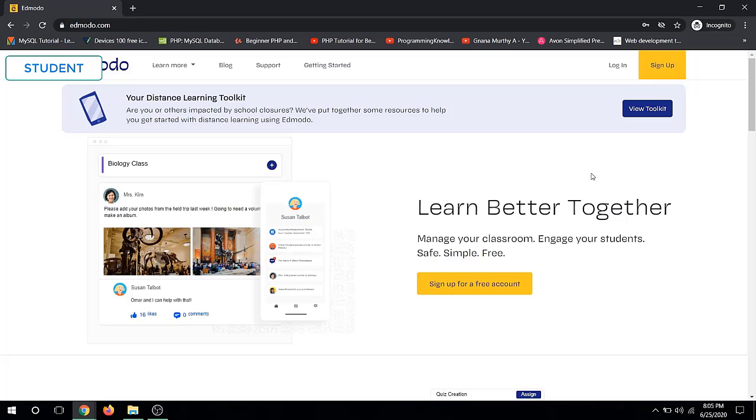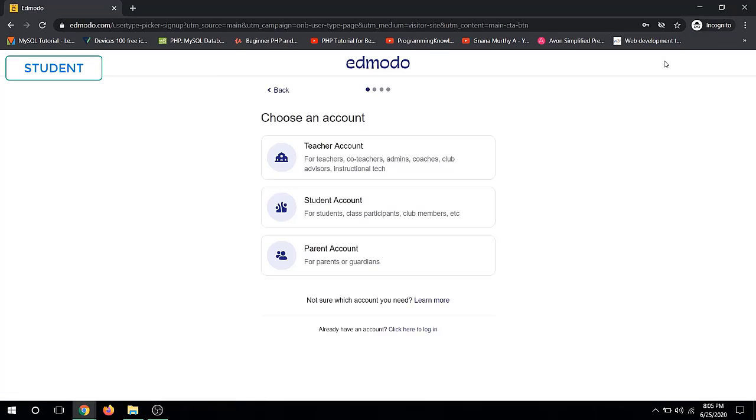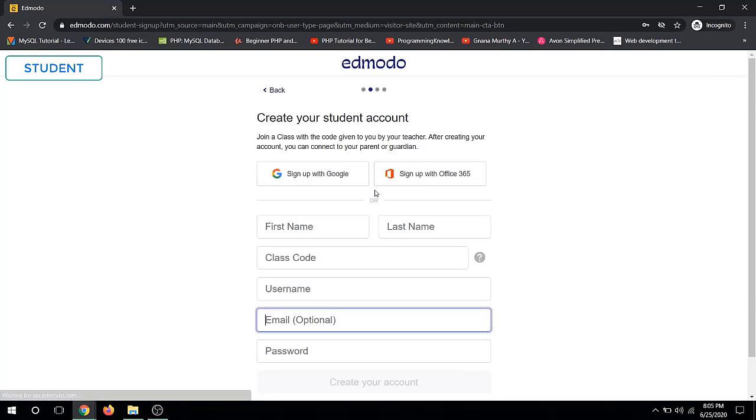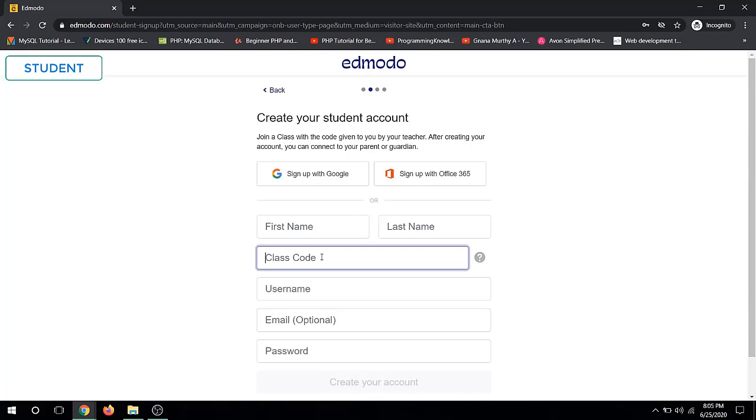So first, the student will click this button and select student account. On this page, we're going to focus on how the class code is used. So I'm just gonna provide a first name, then a last name. In the class code field, the student just pastes your class code,